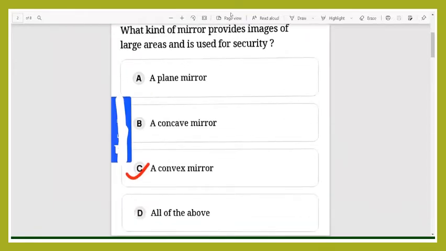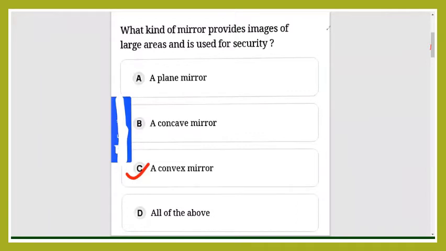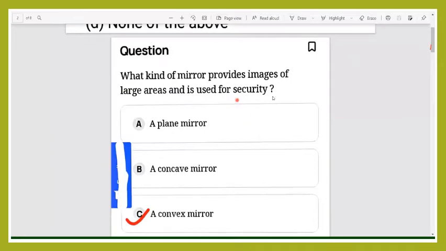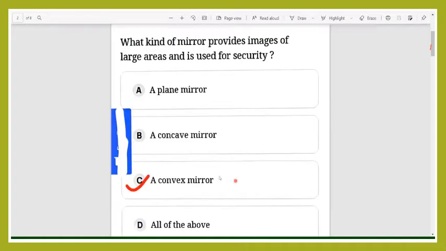for security? So as we know, we have studied earlier in case of rear view mirror also, that a rear view mirror is such a mirror which provides a large field of view. So similarly, in case of security mirrors also, large field of view is required. The image is formed smaller than the object and the field around it is very easily visible. That is called a large field of view. So that is done by a convex mirror.